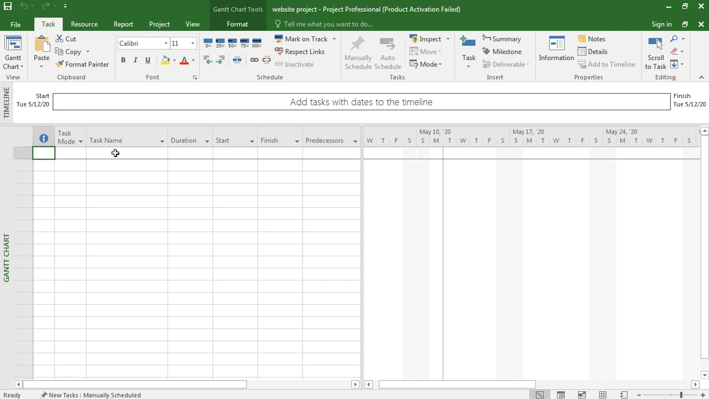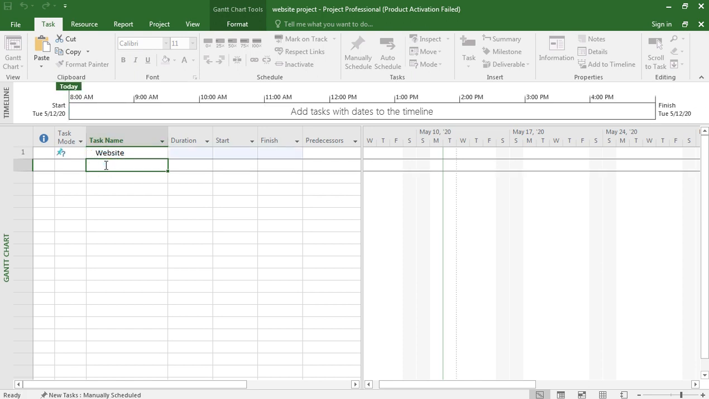Now task name. First thing is, in a website we have different tasks. Okay, first is analysis, second is design, third is coding or development, then testing, then implementation, and after implementation is feedback or maintenance. Okay, now task is website. This is the first task. Okay, and under this website we have